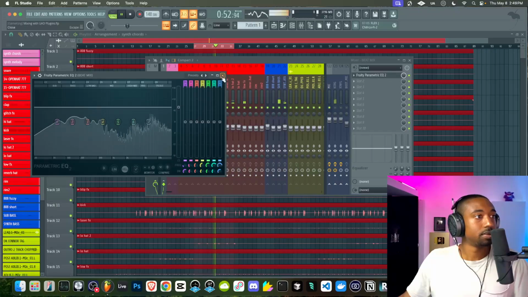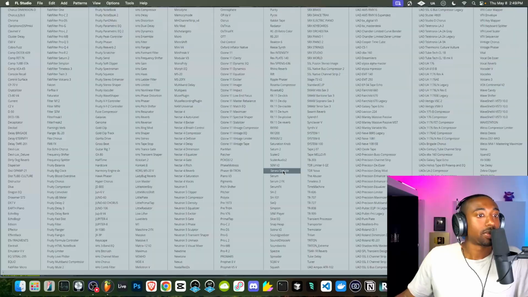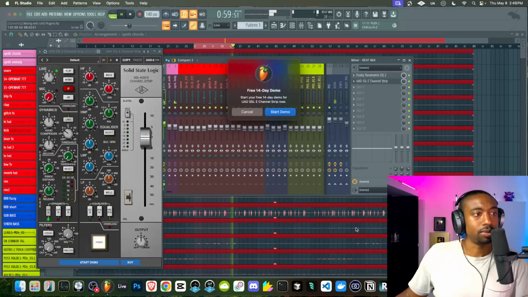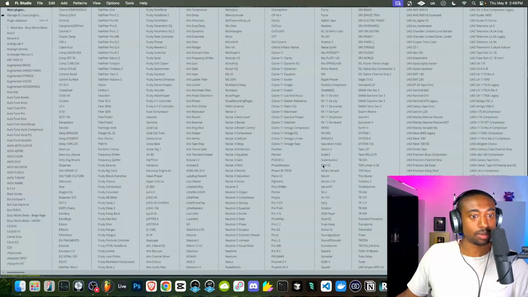All right, so we want to look for a group compressor, in this case, or an EQ. So I'm thinking we have the UA. I don't usually use their EQs, so this is going to be interesting. Let's use a channel strip from SSL. I think I have a channel strip in here. Okay, I clicked the wrong one. Okay, so I meant to click the legacy one.